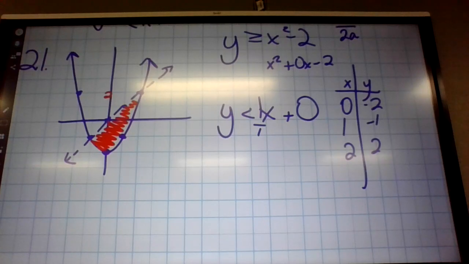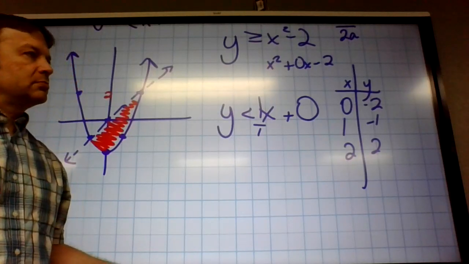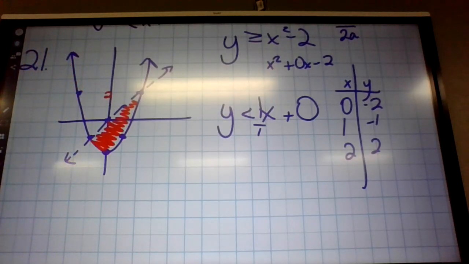You know, it's fine. It looks like the parabola is upside down on 20. Yeah, it's the opposite. But also the line's weird. It's not one to one. But I mean, it's